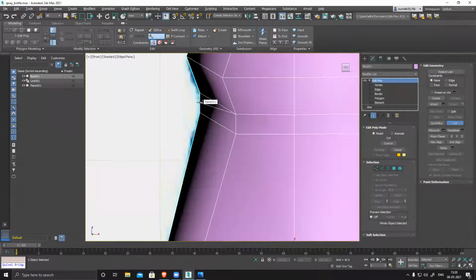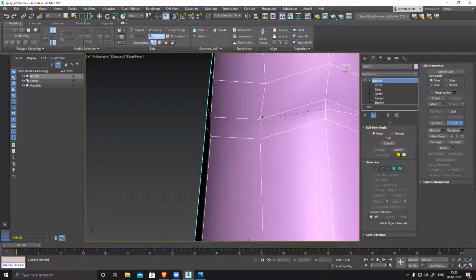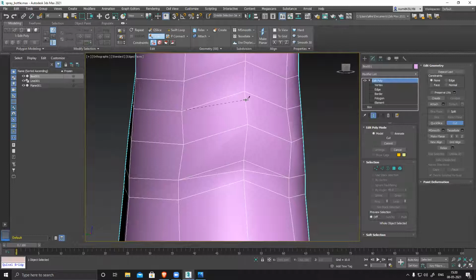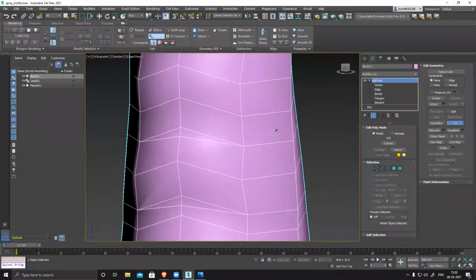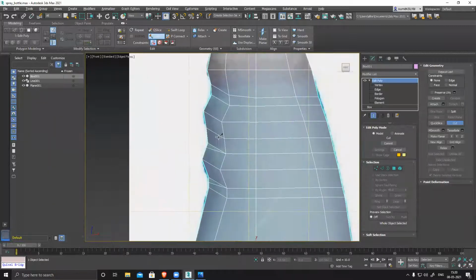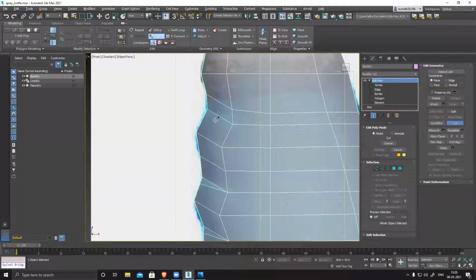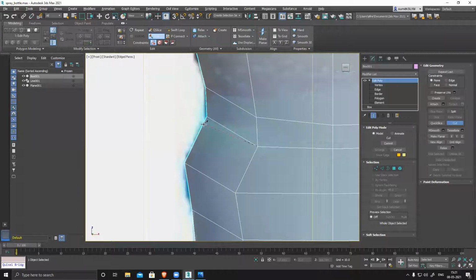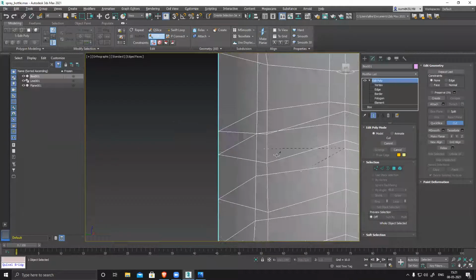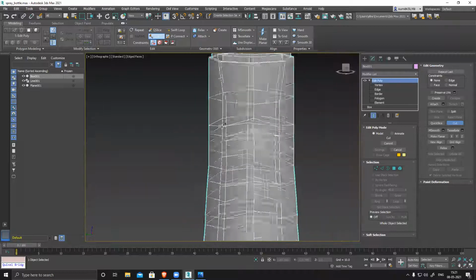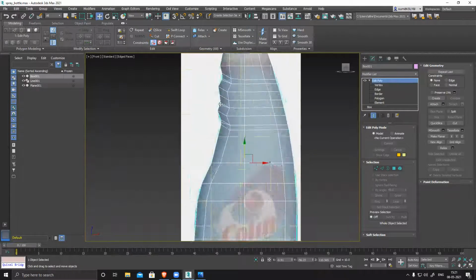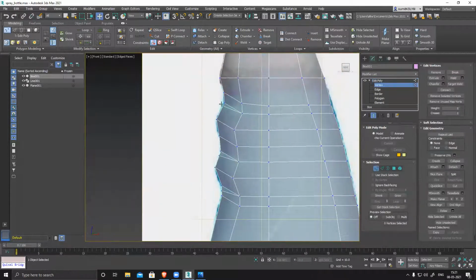Start here and click here. Create this triangle and connect, done. Similarly, I'm creating this triangle to create this depth or this gap. Now front again, edge mode.